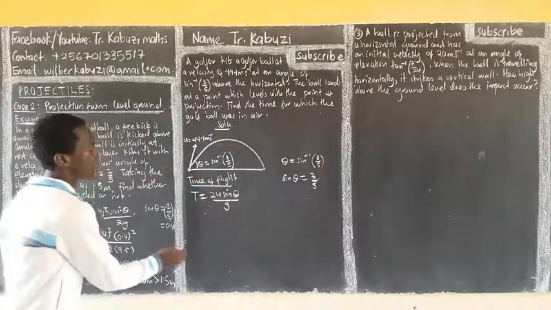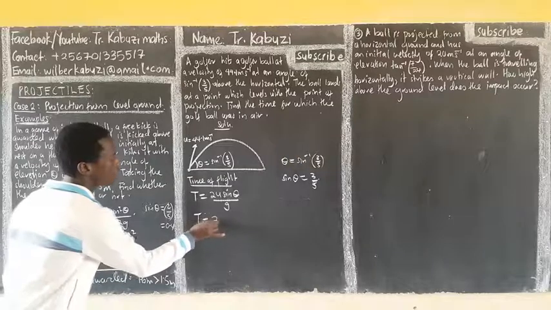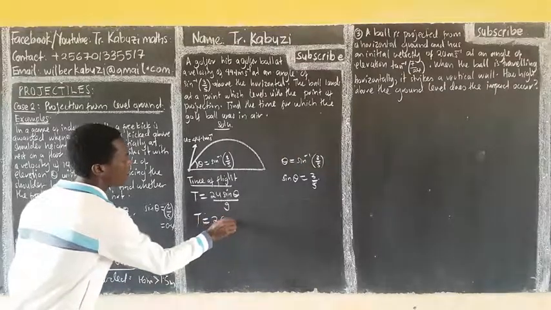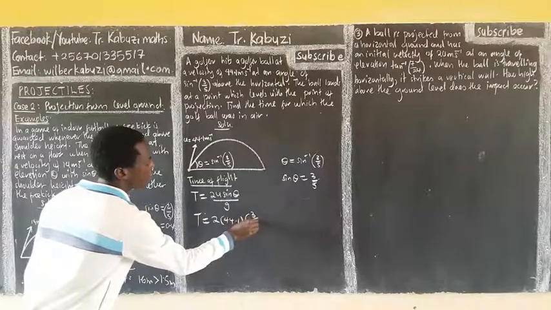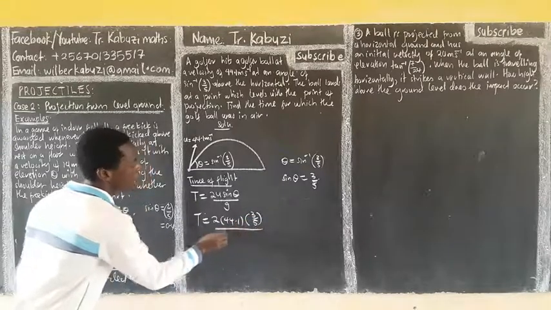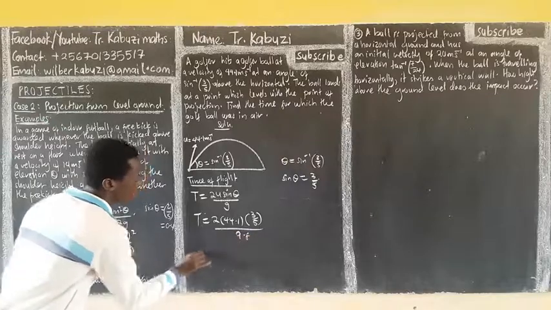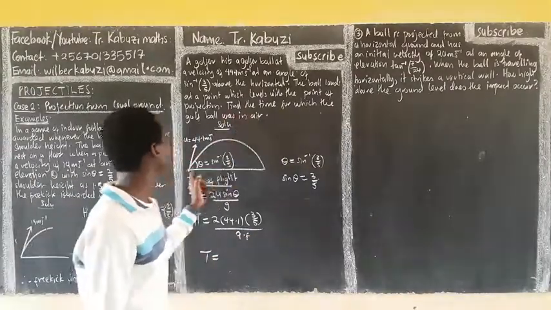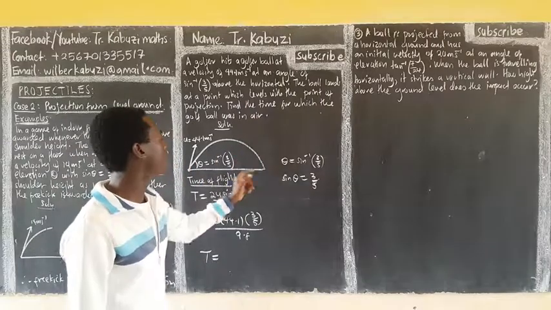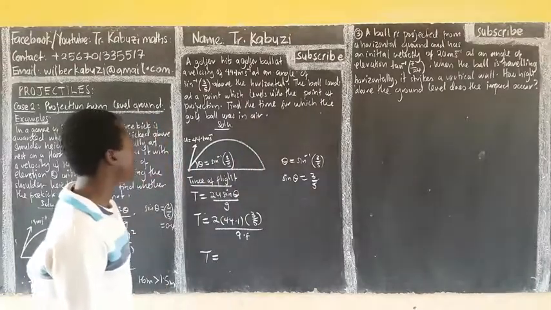So the time of flight is going to be 2 into 44.1, then into 3 over 5, all divided by 9.8. So our time here, the time which the ball was in the air, from here up to here, in simple terms, we are asking for the